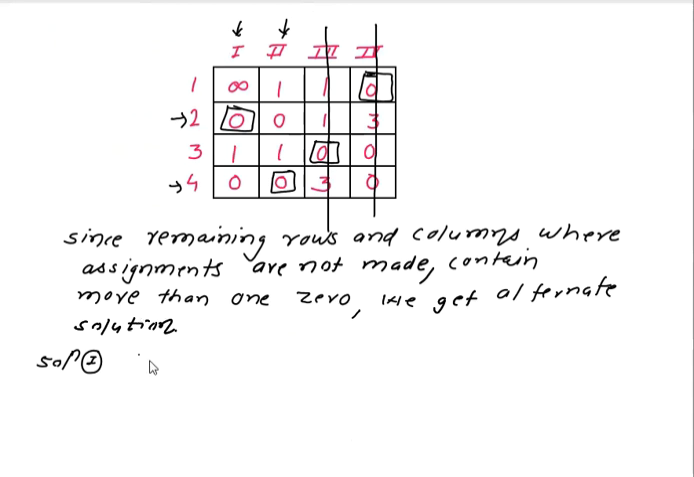So first solution is: first clerk is assigned to job number 4, second clerk is assigned to job number 1, third clerk is assigned to job number 3, fourth clerk is assigned to job number 2. Now here we can interchange these two jobs because there is a choice. So second solution is